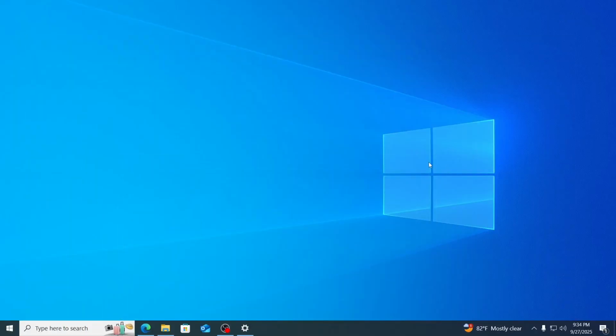And that's basically it. And basically that is how to fix monitor screen going black randomly on your Windows 10